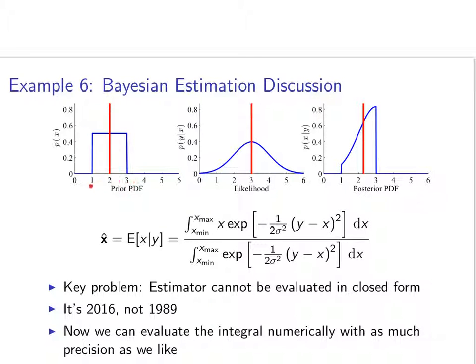It can't be any larger than 3, and it can't be any less than 1. We get a measurement, and the measurement is 3. And if we were doing just maximum likelihood or classical estimation, we would pick the peak of that function, and we'd end up with an estimate that is 3.